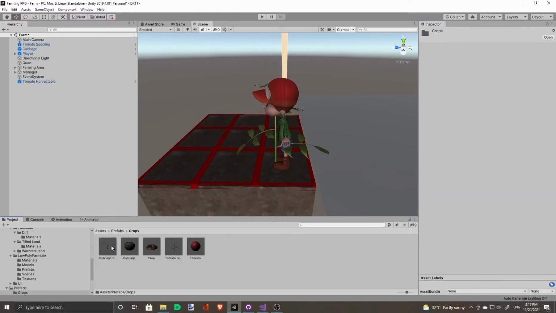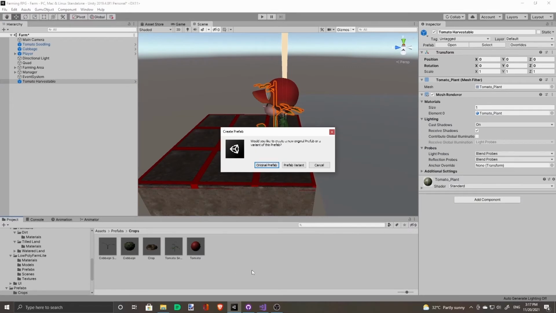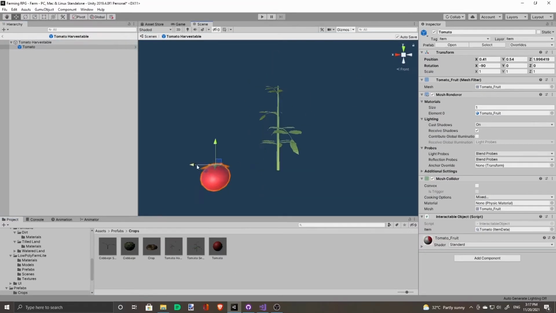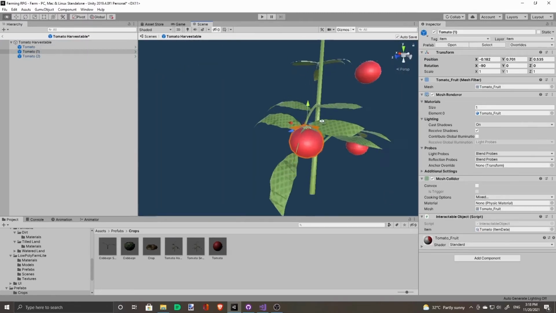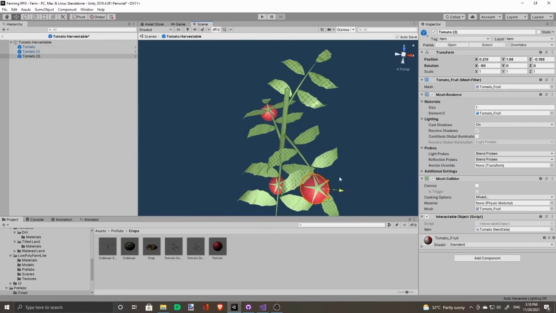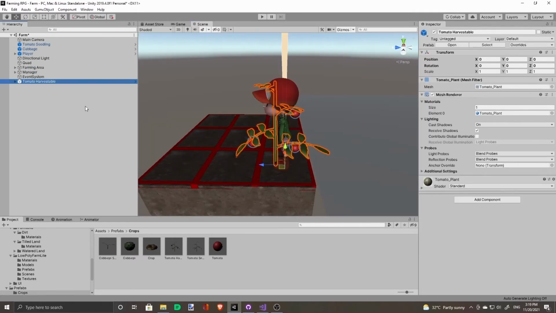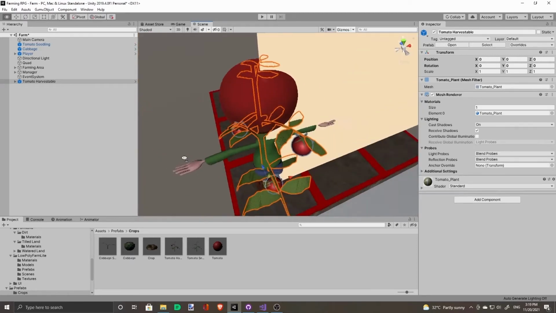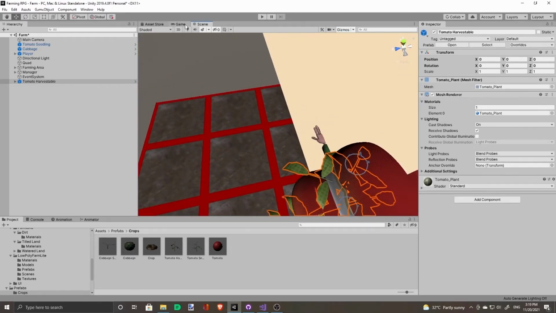Make this a new prefab. And on it, add the tomato plants. So when the tomato is fully grown, it should look like this.